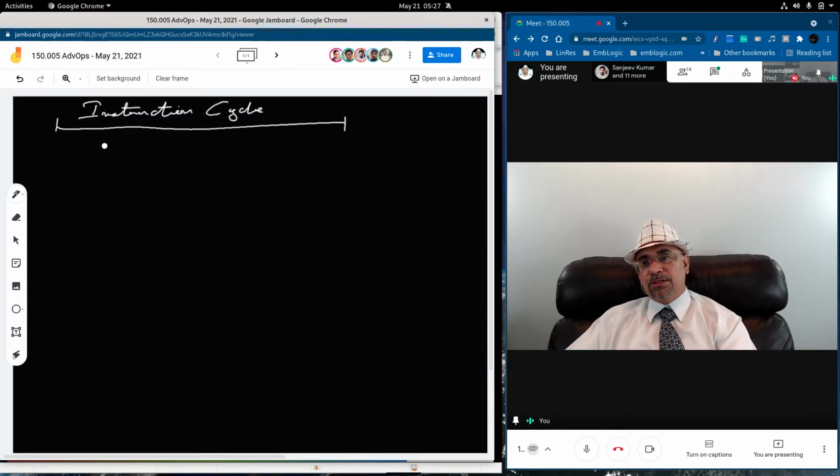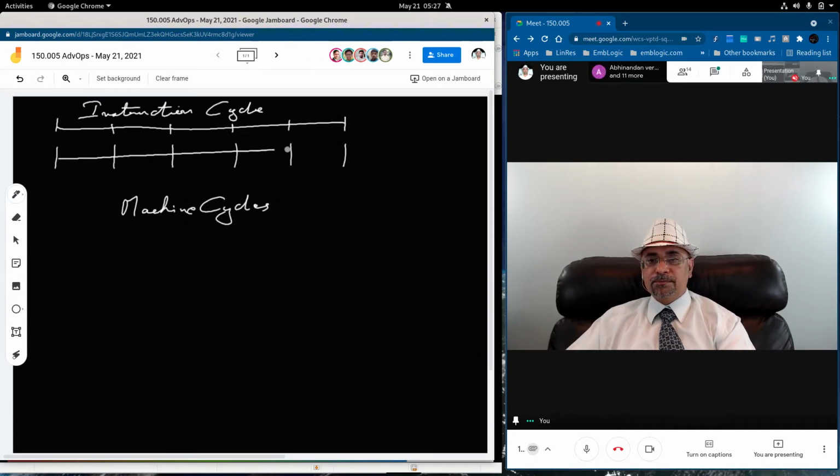Within this instruction, suppose you fetch the data from the memory, store it in a register, then send it to ALU, get back the result from ALU into register, then store it in memory. So these are divisions of the instruction cycle and are called machine cycles. So there are supposedly 5 machine cycles in an instruction cycle.